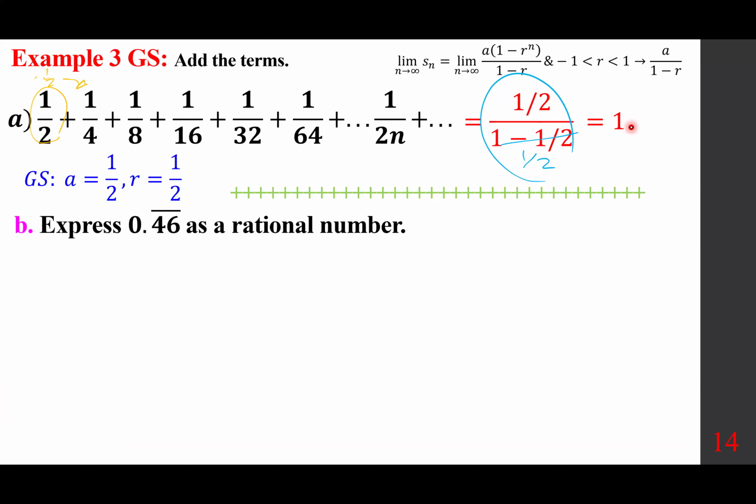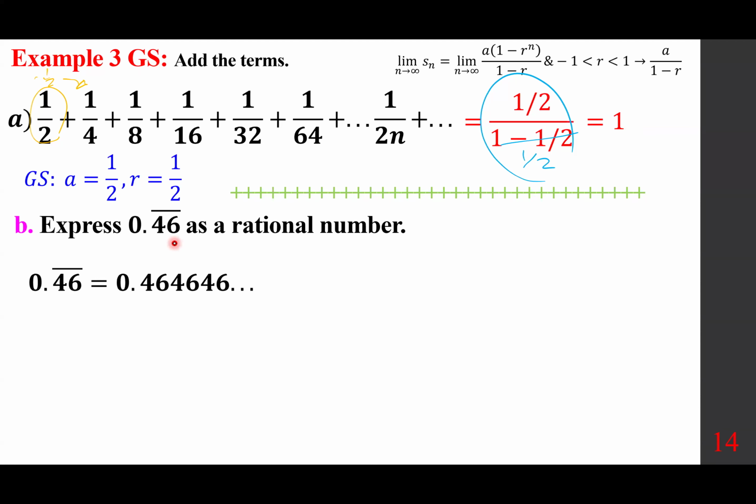Express 0.46 bar as a rational number. This has been done in algebra. You set this equal to x, then you multiply both sides by 100 and simplify and solve. You may remember it from algebra. We are going to look at it from a geometric sequence point of view because 0.46 bar is a repeating decimal, which means